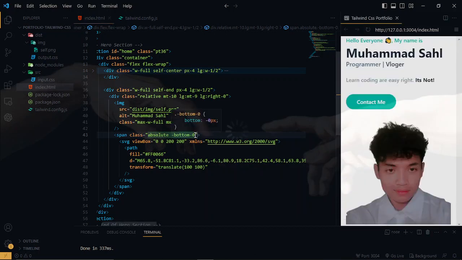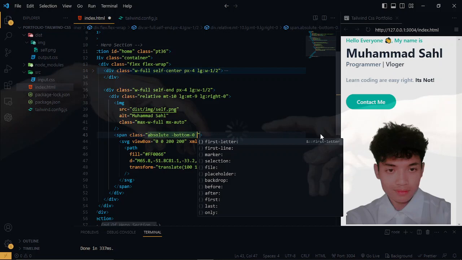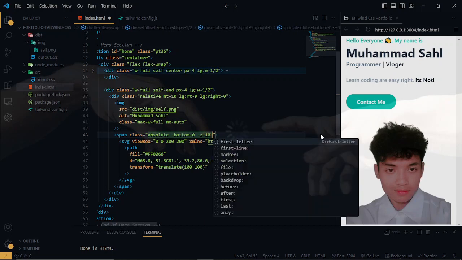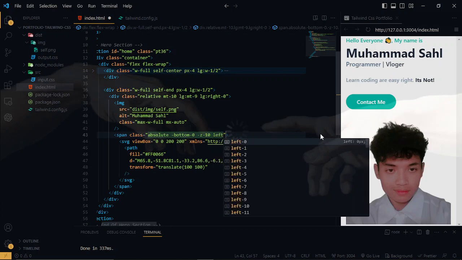Oh, it disappeared. Okay, next I want a z-index, which is minus z 10, and I will put the blob stretching behind the images with left 1.5,